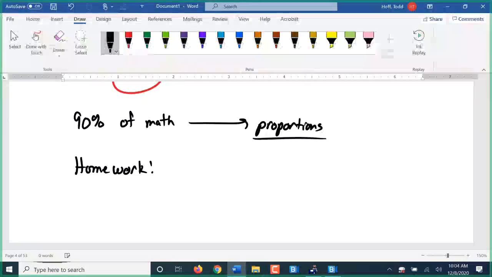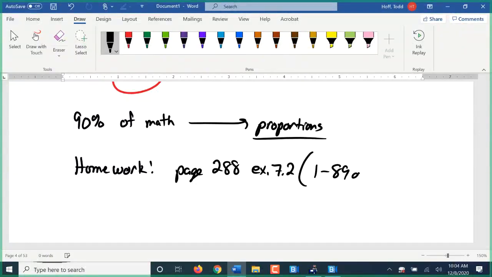Our homework for today, out of the book, page 288, it is exercise 7.2, problems 1 through 89, the odds. So we've got about 15 minutes left. If you'd like, you can start working on those. I'll be here to answer questions if anything comes up. Otherwise, if you want,